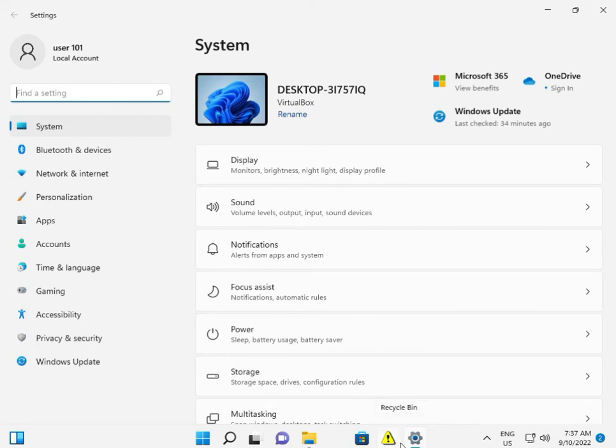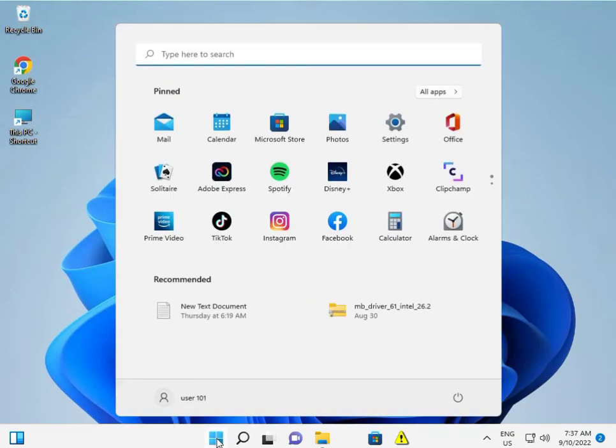So KB5016632 is not installing. So how to fix these issues? Click to settings, go to settings,